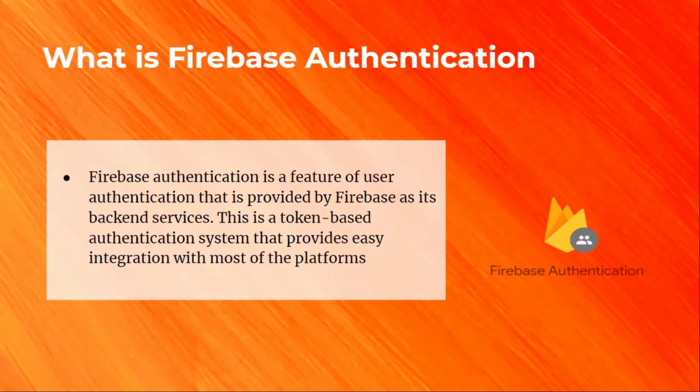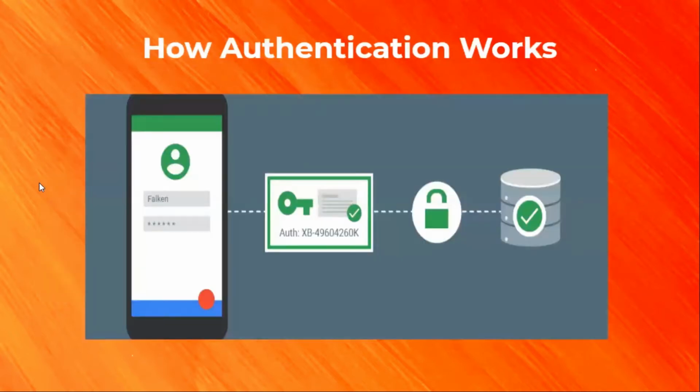So users sign into our app using a system they have already used, and they have trust in that system. Your app can then save the user's data securely in the cloud and provide the same personalized experience across all their devices. So this is Firebase authentication. Now we will see how it works so that you will get a clearer idea about the authentication. So next slide, please. Here in this diagram, we can see how it works.